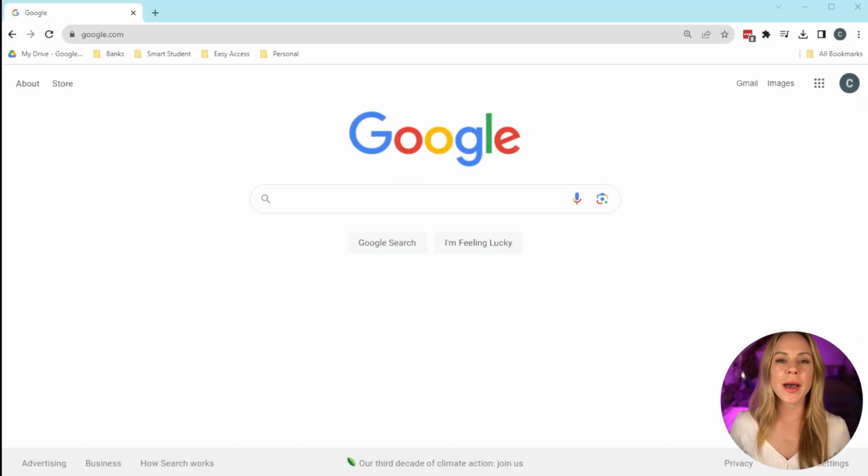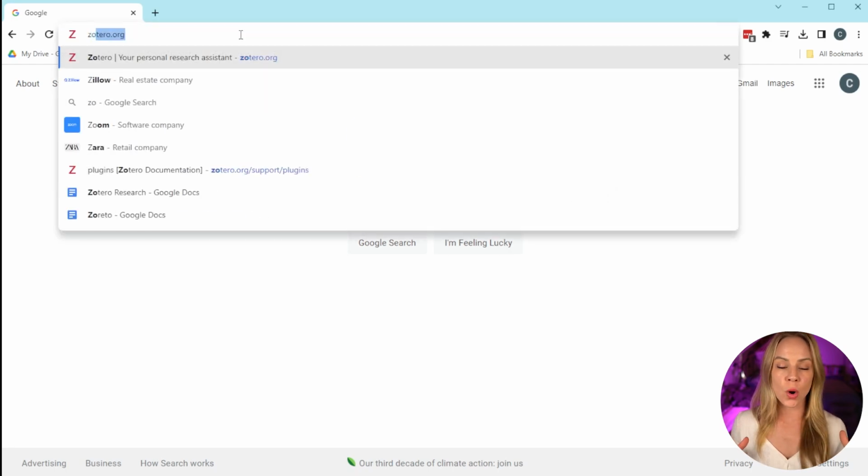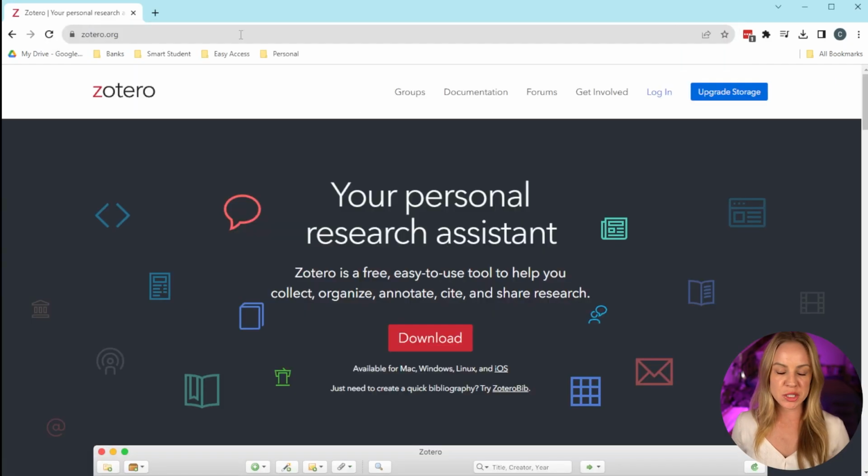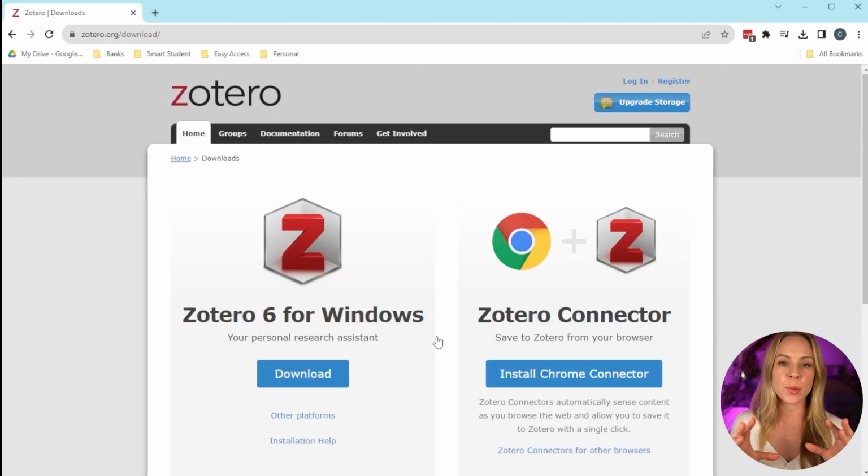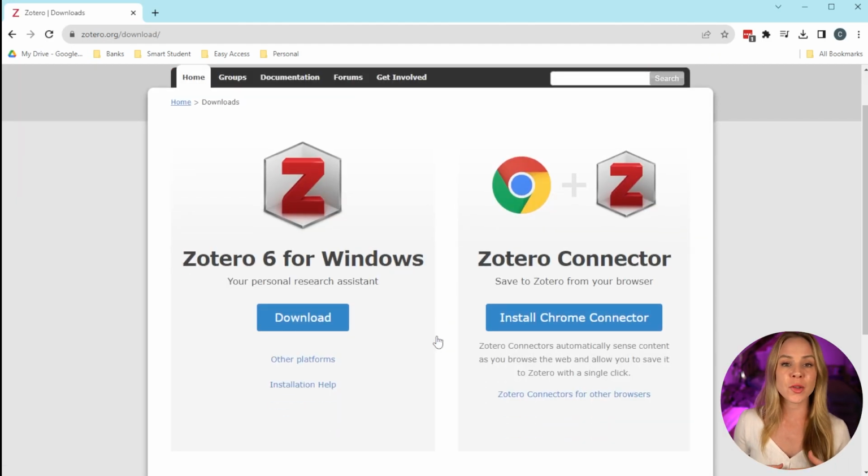To kick things off, go ahead and head over to zotero.org where we'll begin the installation process. From here, start by clicking the big download button, which will bring you to the download packages for both the Zotero desktop app as well as the Zotero connector plugin. The Zotero connector plugin is simply a browser plugin that will allow you to import sources directly from the internet